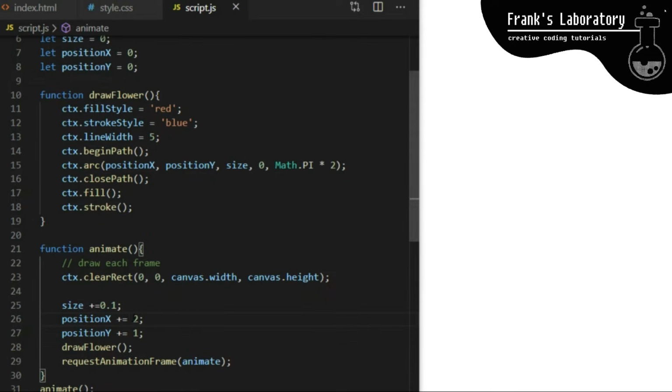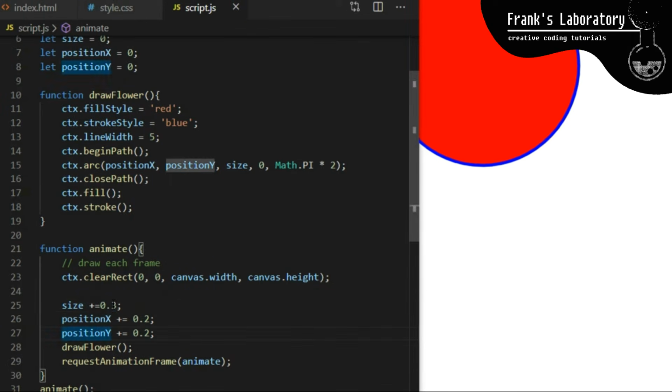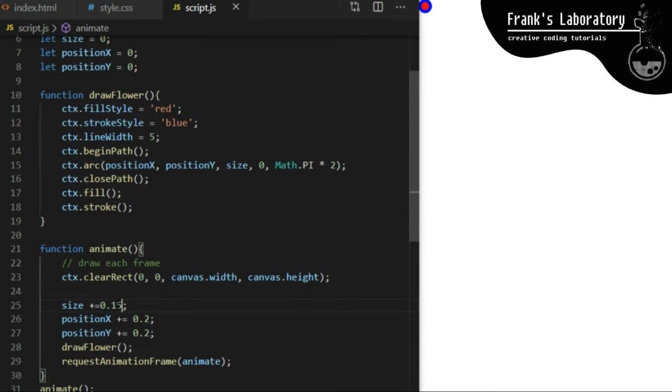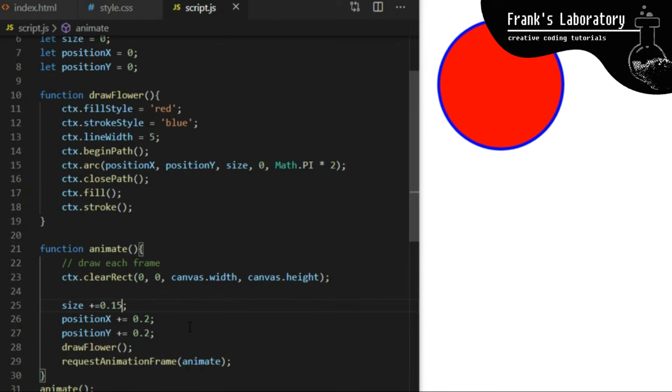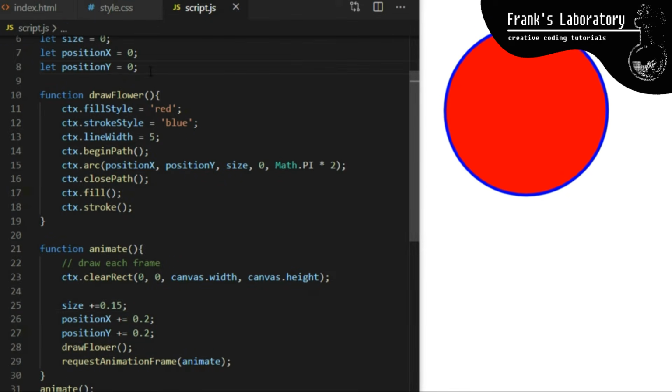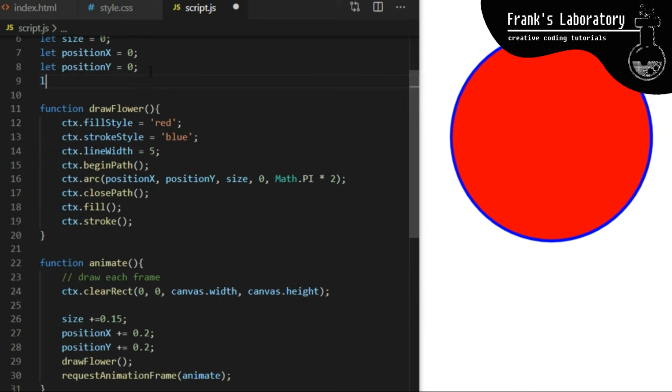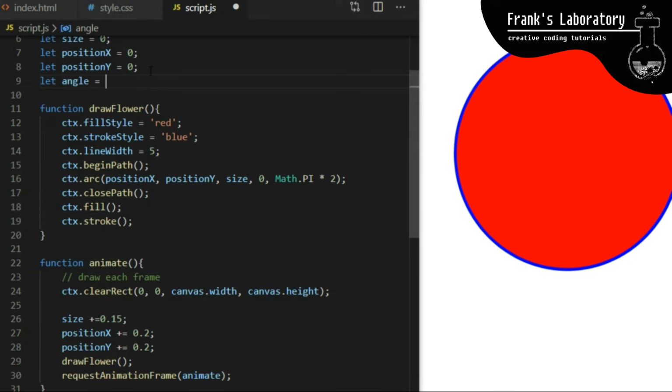The base principle with algorithmic flower is circle movement. How do I make our circle shape move around canvas in a circular path? Don't get scared now when I say word trigonometry. It's not that difficult, I promise. We have covered basic canvas principles. Now we are venturing into intermediate territory, but I will still do my best to keep you with me and I will explain everything I'm doing. I create a variable I call angle and I set it equal to 0.